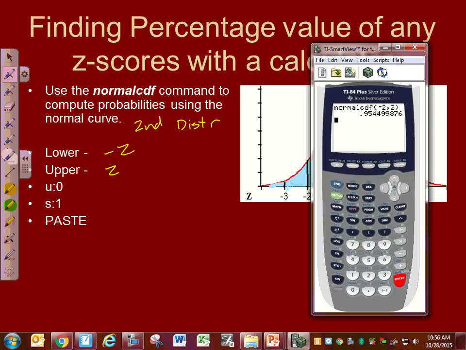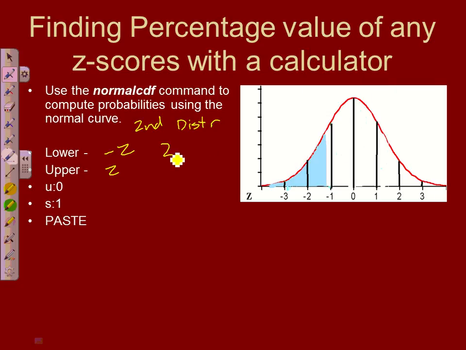What lower and upper are, are z values. These are standard deviation values. Okay? Z values go here, standard deviation. And in the other one, if you don't have this lower and upper and just normal CDF shows up like in my calculator, you're also just plugging in standard deviation values, okay? Now,